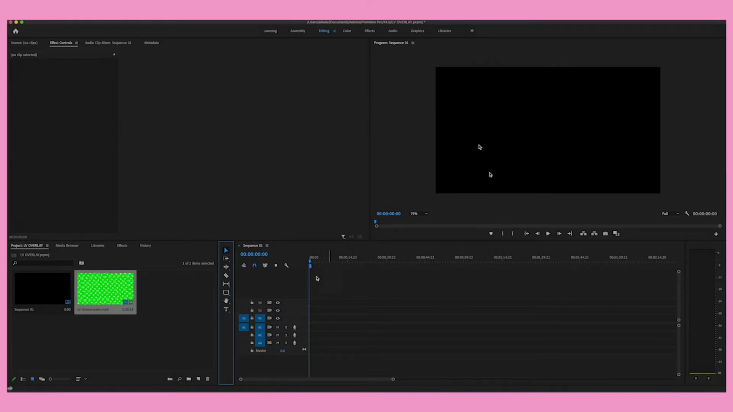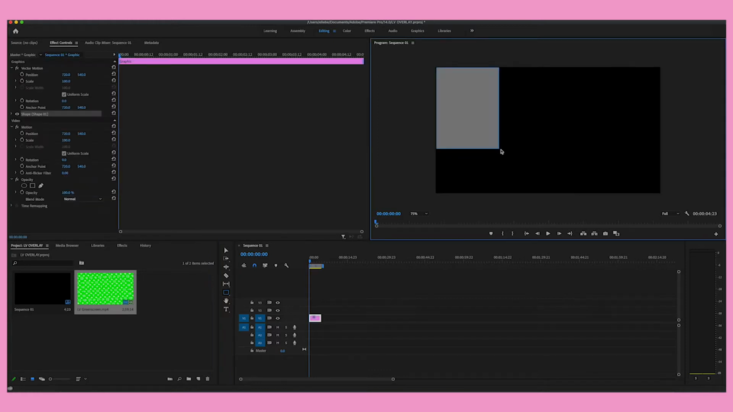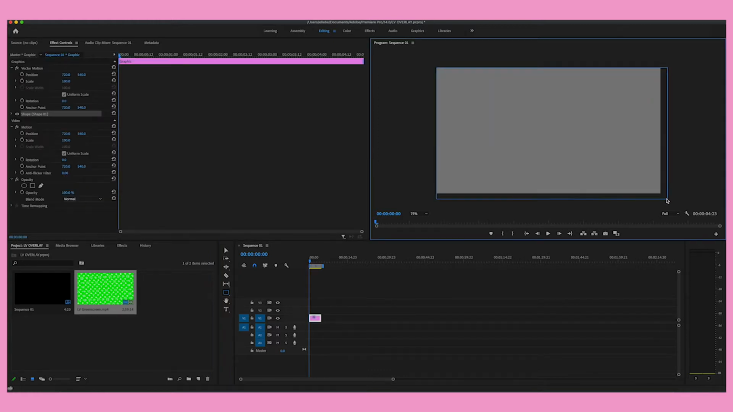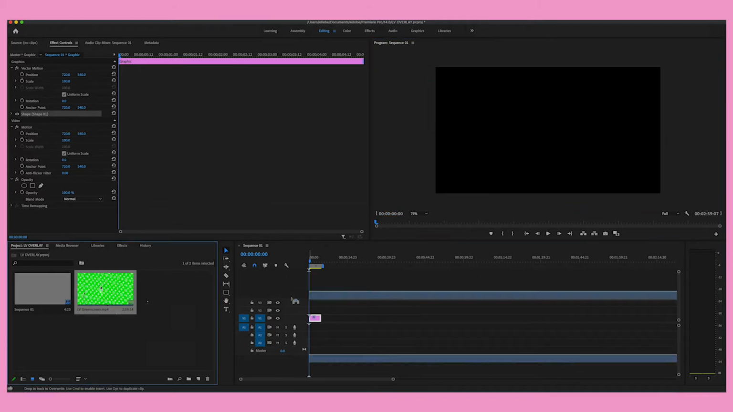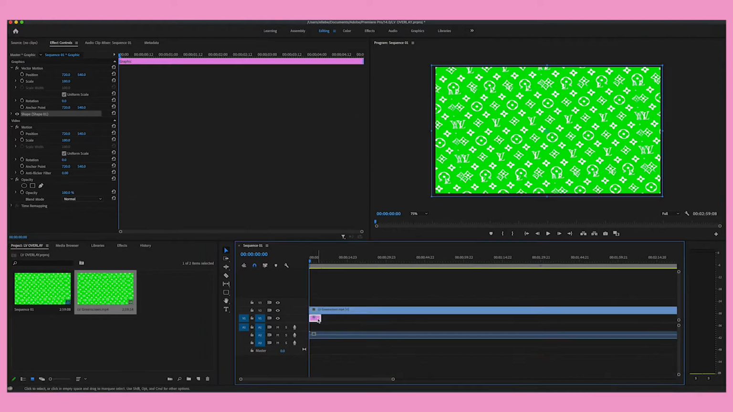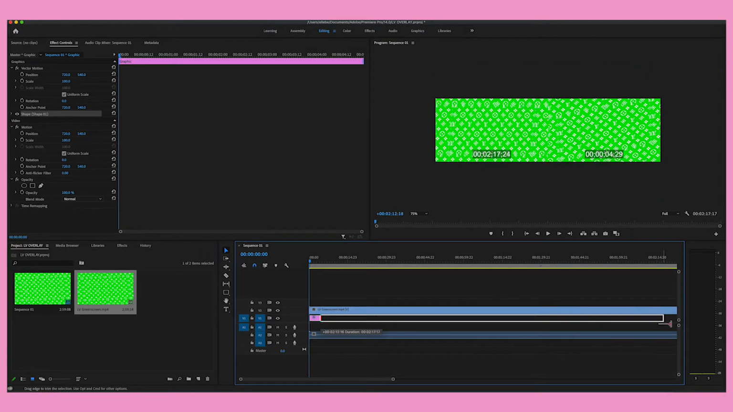We're going to jump right in. I started out by making a background with my rectangle tool. Then I dropped in my green screen and overlaid it on top of my background. Made my background to fit my full